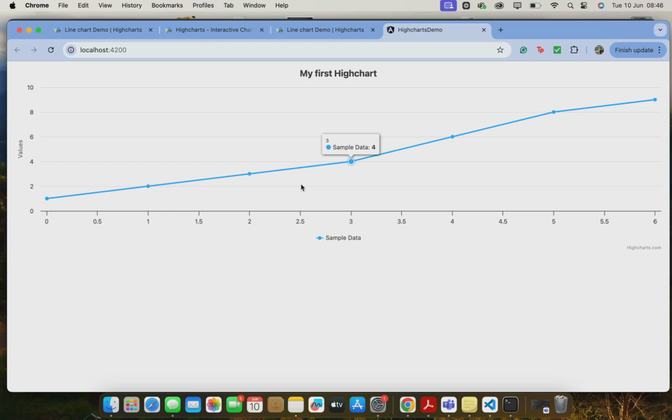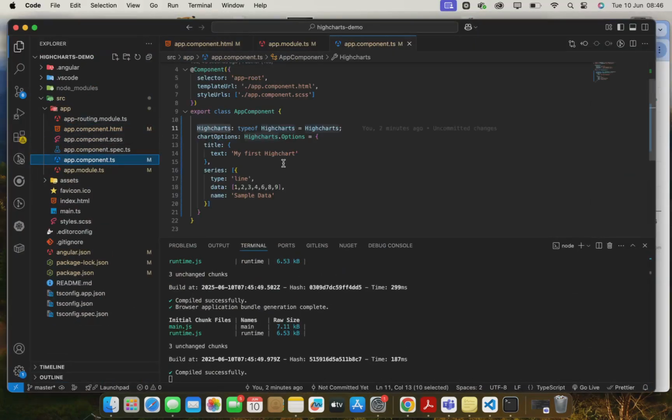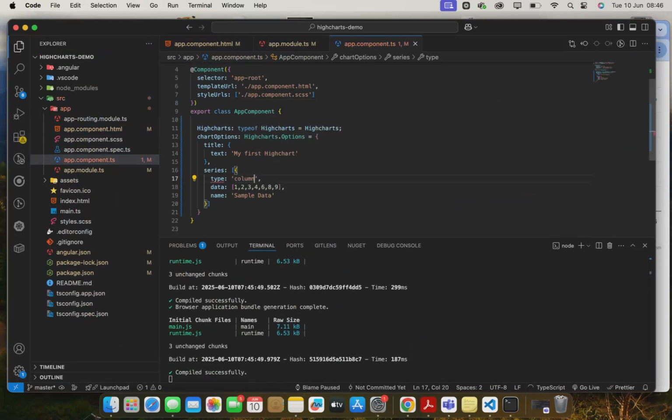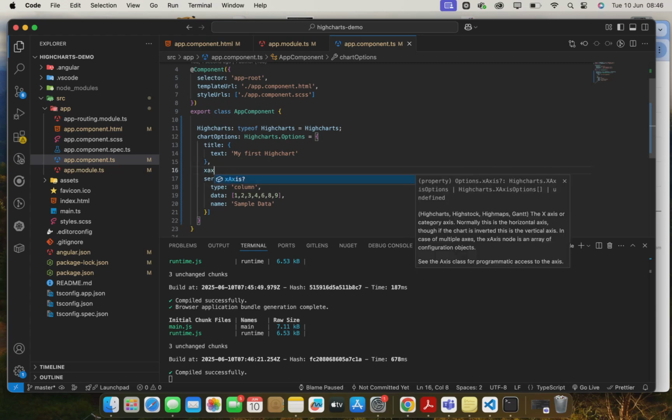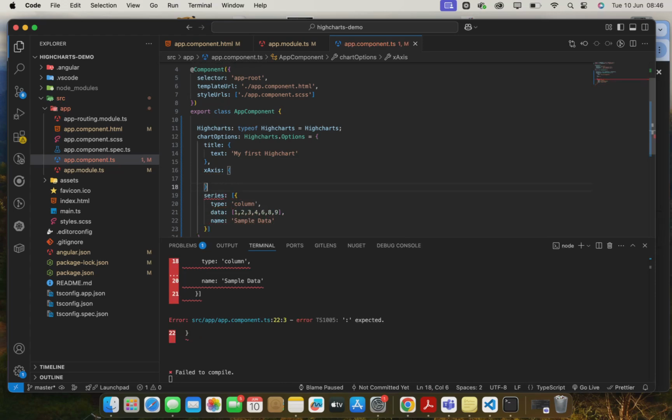You want a column chart, just change the type to column. Want more data or categories? There are a couple of things you can actually do to make it interesting. A typical example is, instead of using line, I could make this a column chart. And for column, you need x-axis categories. So I could add a parameter, x-axis, and it accepts